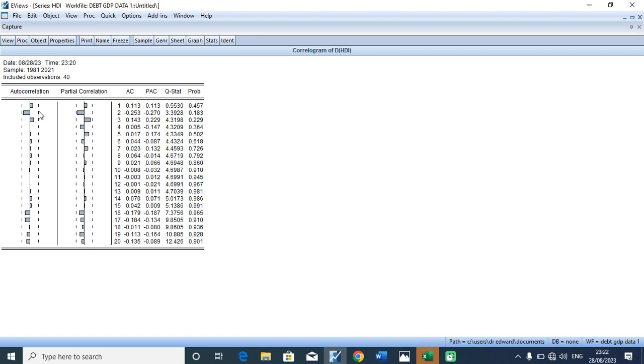To proceed, we have the AR column and the MA column. We have the spikes, and these spikes are not much noticeable in most areas. In most of this area the spikes decay exponentially, and in other areas they don't decay but don't have a particular pattern. Given that, the values of the PAC and the AC also do not have a particular pattern. So to identify the ARIMA model, we can decide to say we have